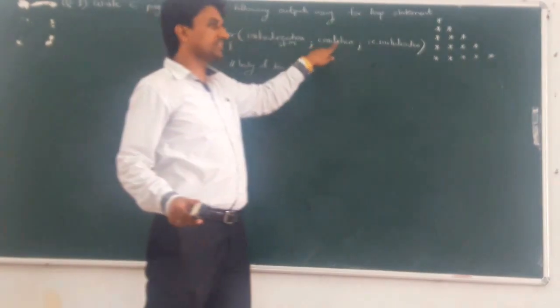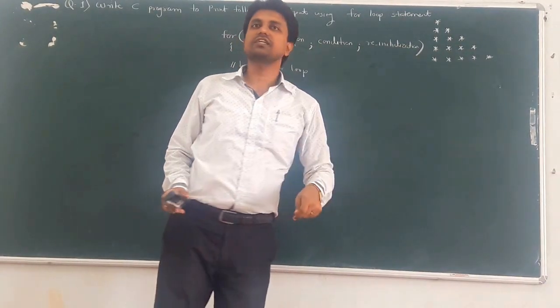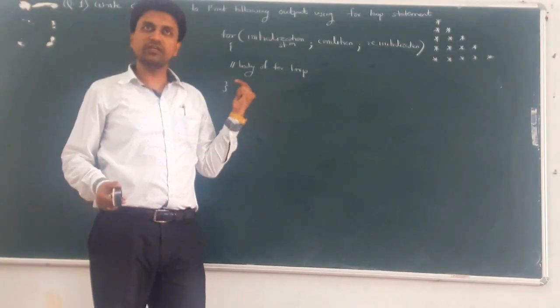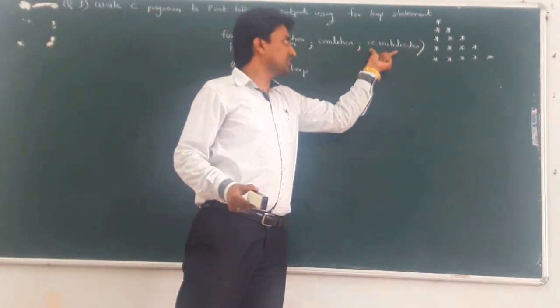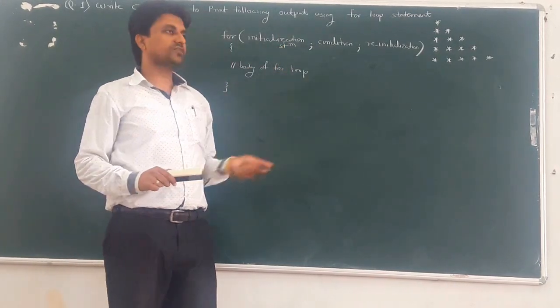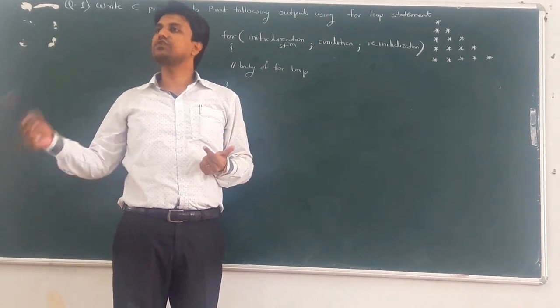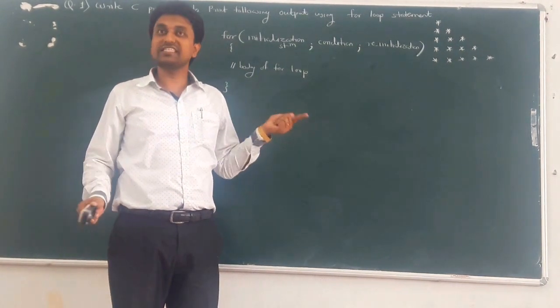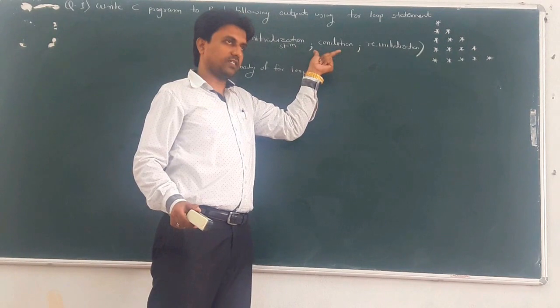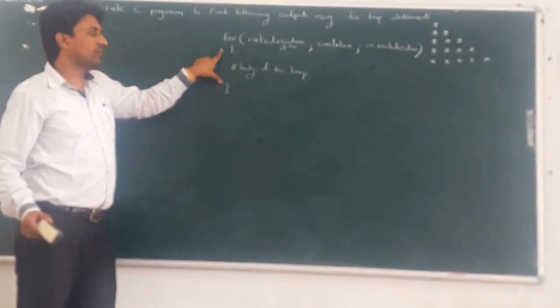So the first statement is the initialization statement, next is the condition part, and the third statement is reinitialization, which is also called the increment or decrement statement. Mostly, reinitialization statements are increment or decrement statements. Initialization means i = 1, i = 10, i = 0 are called initialization statements, and the conditional part we already know. Okay, and next is the body of the for loop.